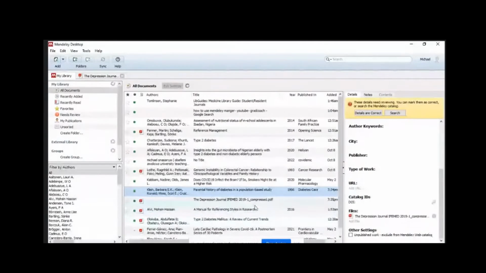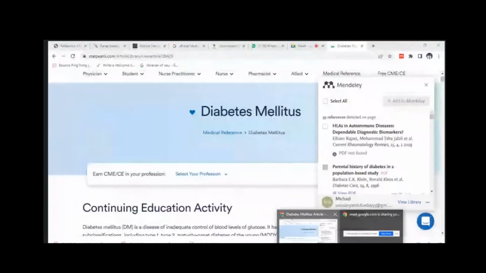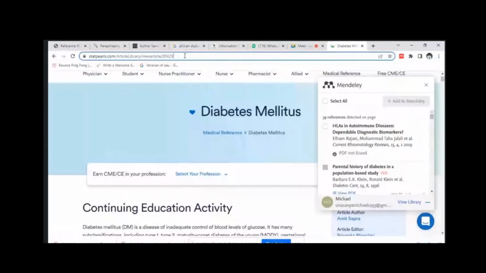So the next way to add articles to populate your Mendeley desktop library is to go to Google Scholar. So I can go to, I think it's Scholar.